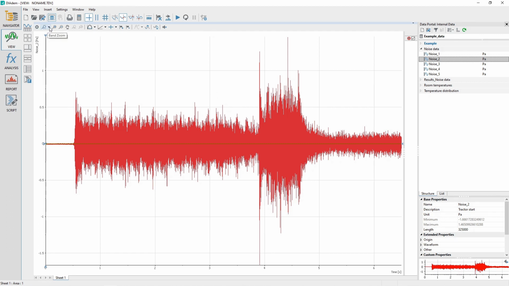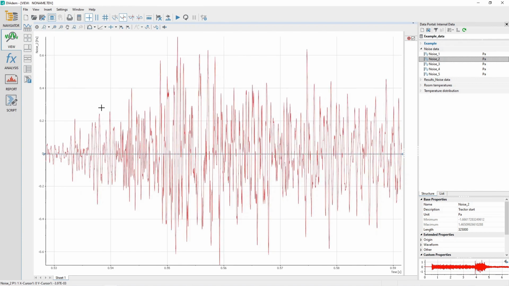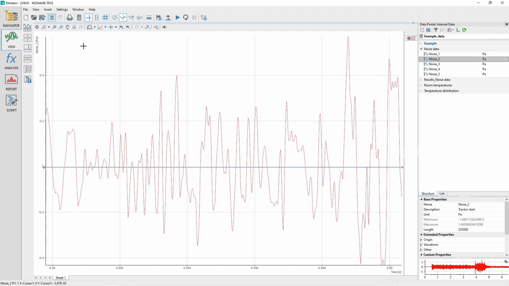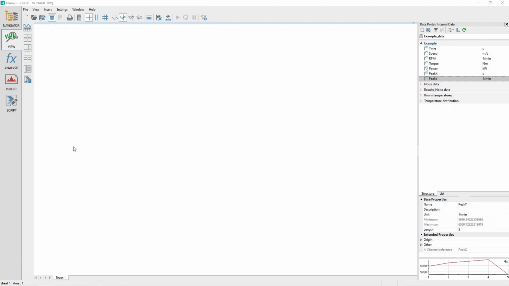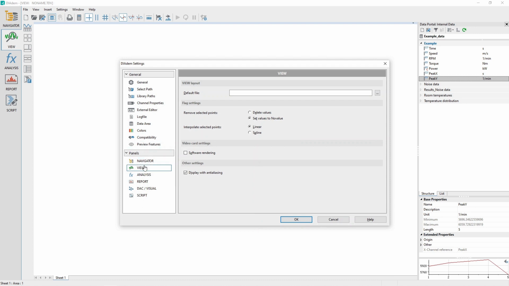Use the 2D Axis System band zoom option to zoom into the section of the channel between 0.548 to 0.550 seconds. Before using flags, it is important to configure the DIAdem settings for the view panel flags. From any panel, select the menu options Settings, DIAdem Settings, select the Panel section, and then under Flag Settings review